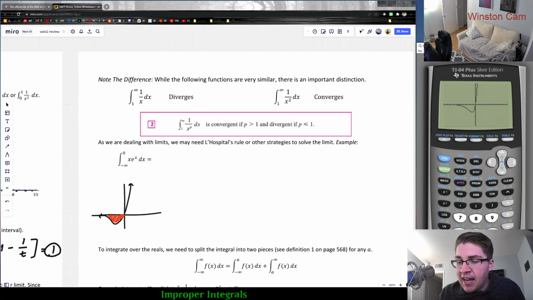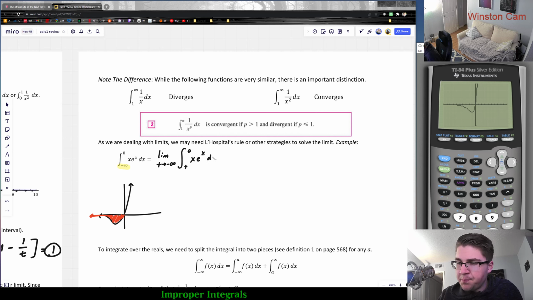And again, it does not ever actually go to 0 because technically there's an infinite amount of area. We're going to integrate all the way to minus infinity. But again, we need to extract the infinity as a limit in order to proceed. So we would write the limit as t approaches minus infinity of the integral from t to 0 of x e to the